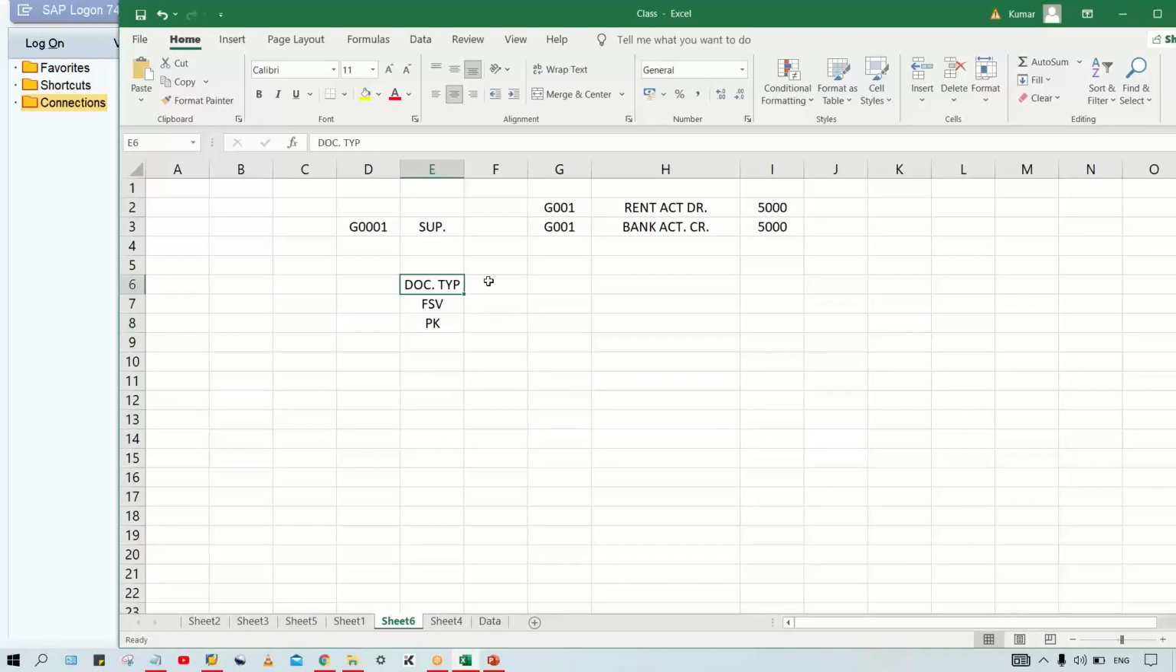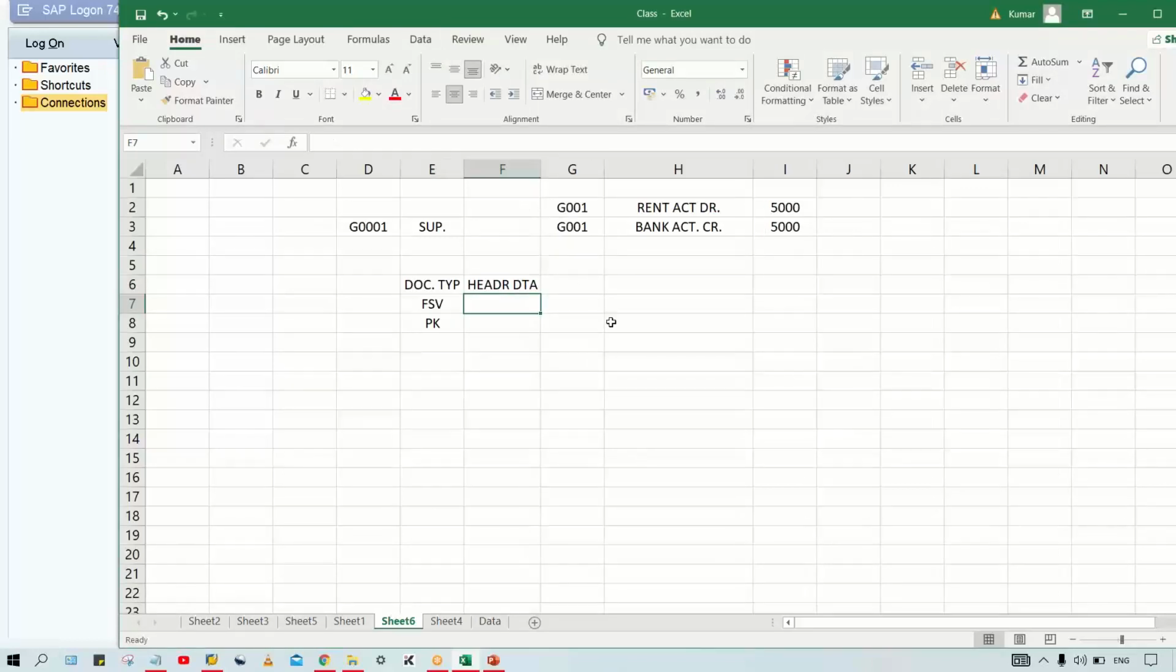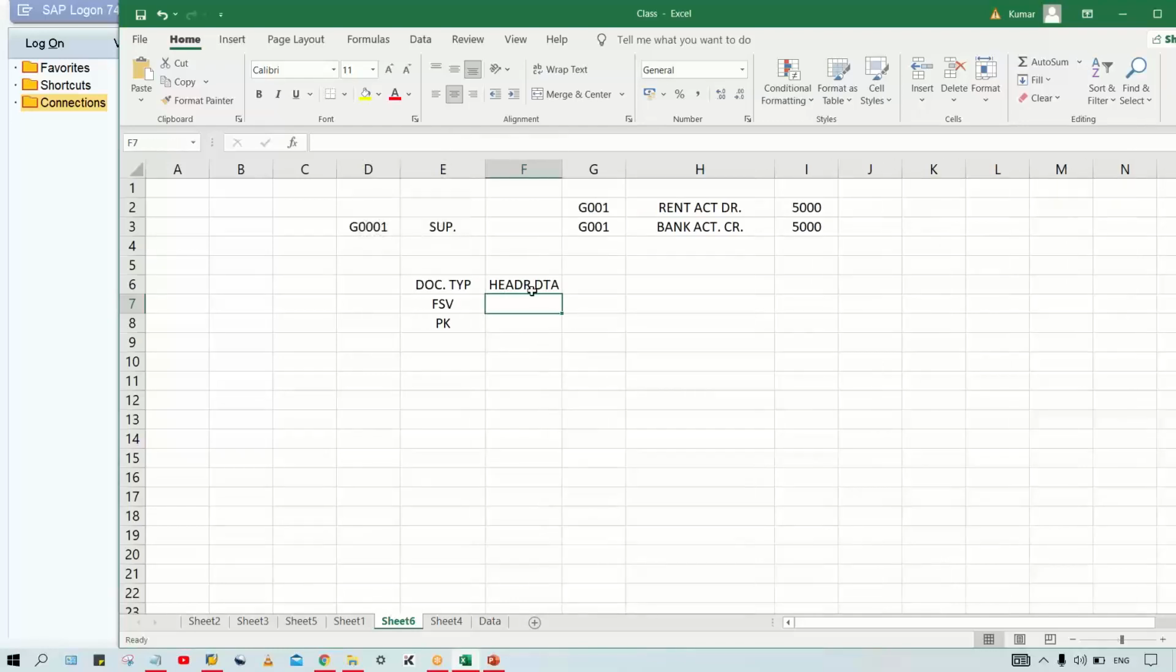The second one is, document type is going to control the fields of what? It is going to control the fields of header data, right? I'm just typing in shortcut, don't look at the spellings, right? So header data, and these two fields are controlling the fields of the transaction itself, but